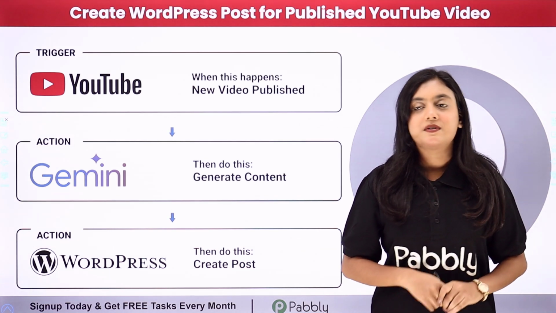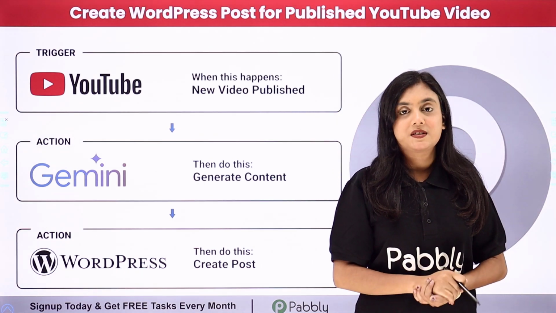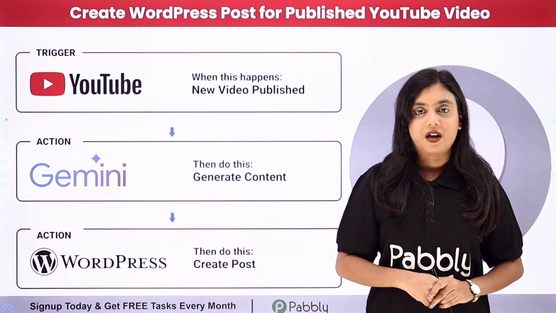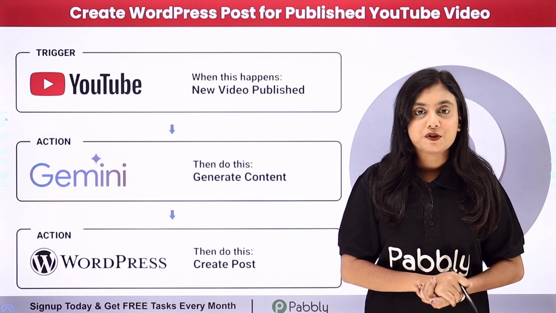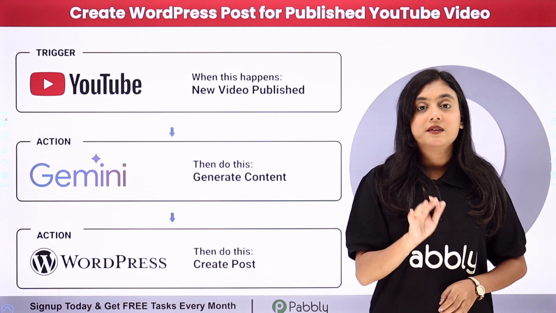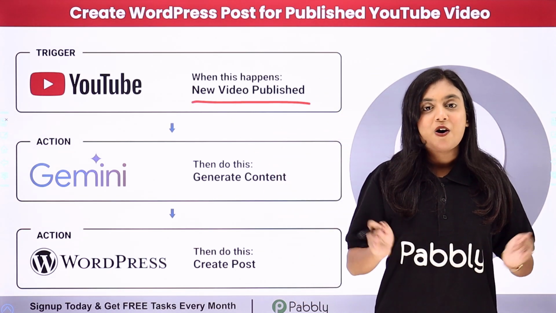In this video we're going to learn how to create WordPress posts for published YouTube videos. So I'm a content creator and I publish videos on my YouTube channel. I publish long videos as well as YouTube shorts on my channel. My objective is that whenever only the long videos are going to be published on my YouTube channels, automatically with